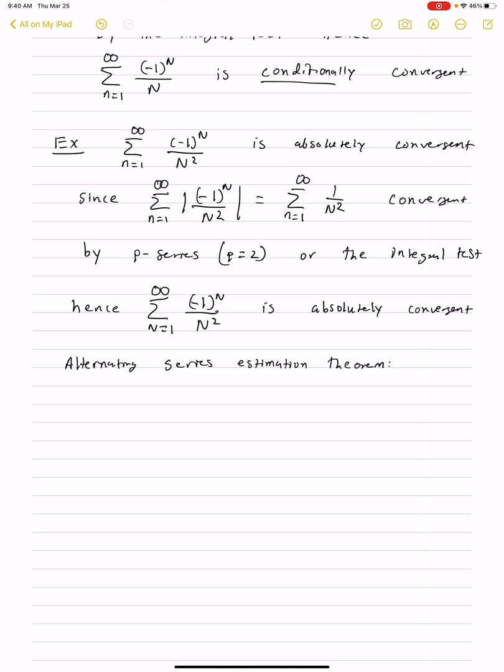And it says if this alternating series of minus 1 to the n multiplied by b sub n satisfies these two conditions,